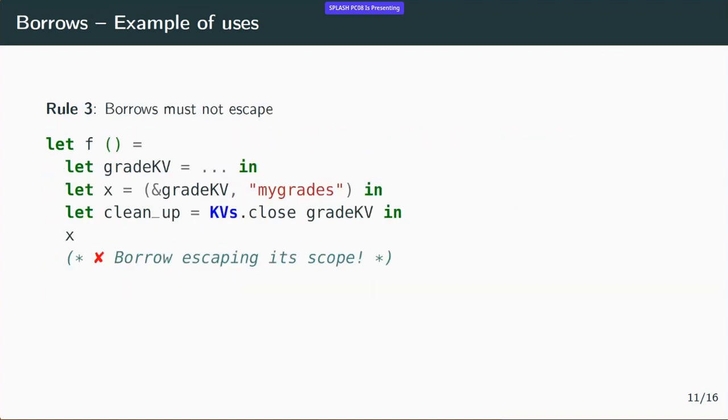Right. Last but not least, since borrows should be restricted to the lifetime of the object they are borrowed from, they must not escape from the scope that they are created in. At least that's our current view. I mean, you can be more liberal about that, but we didn't find a way of putting that together with type inference. So in our system, the rule is that borrows must not escape. So they have to stick to some sort of lexical scope. And in this case, that wouldn't be